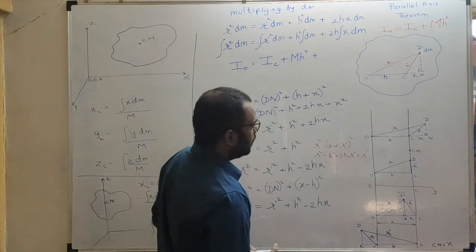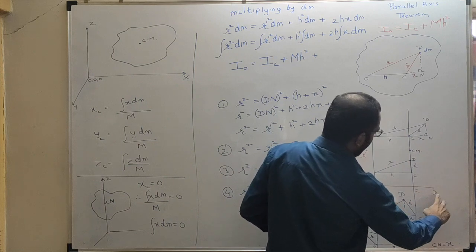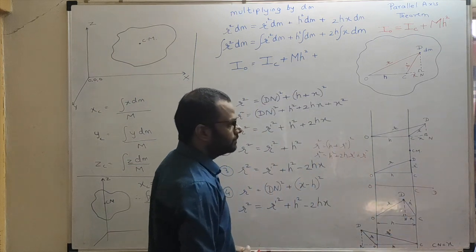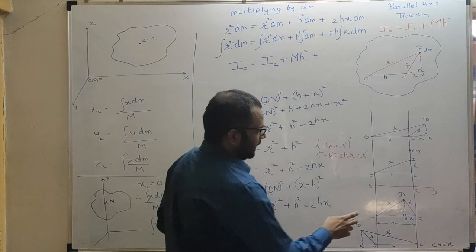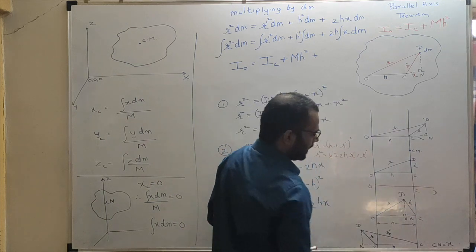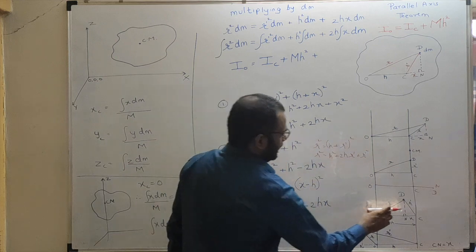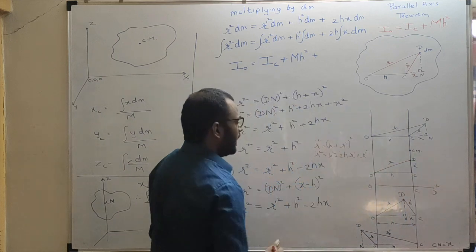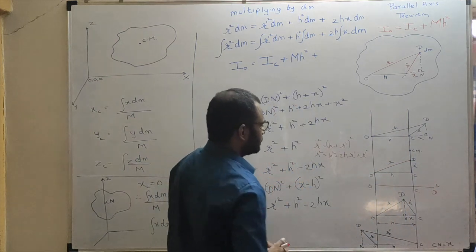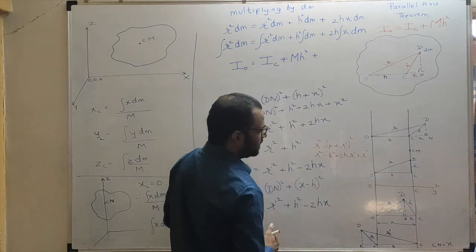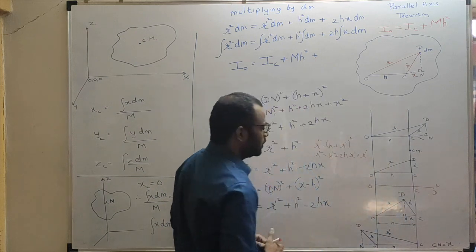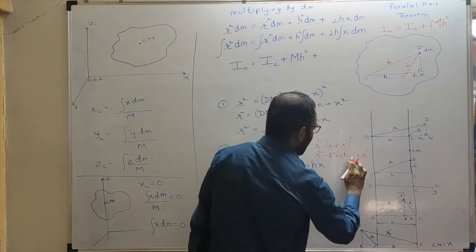Right? Okay. Now over here, D and N overlap, or D is behind the board, right? N is over here on the board. So CD will be nothing but equal to X, or R dash will be nothing but equal to X. So instead of R dash I can write X.